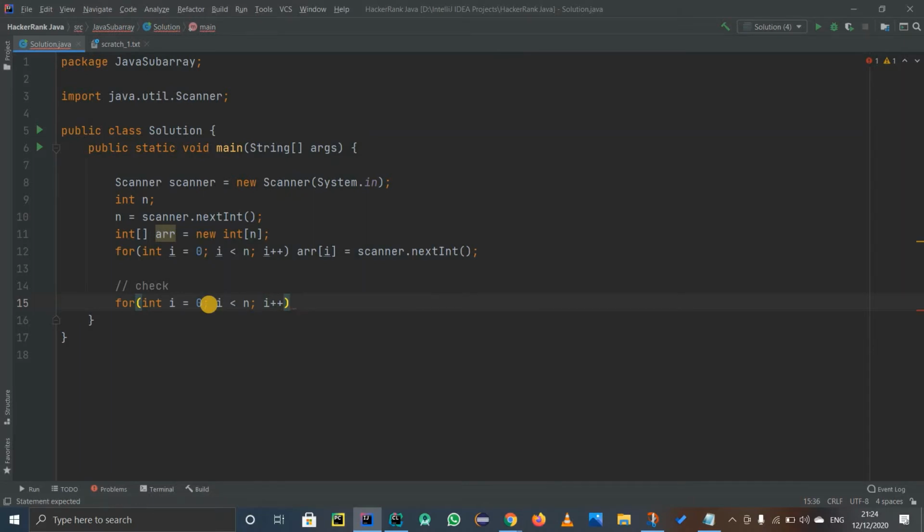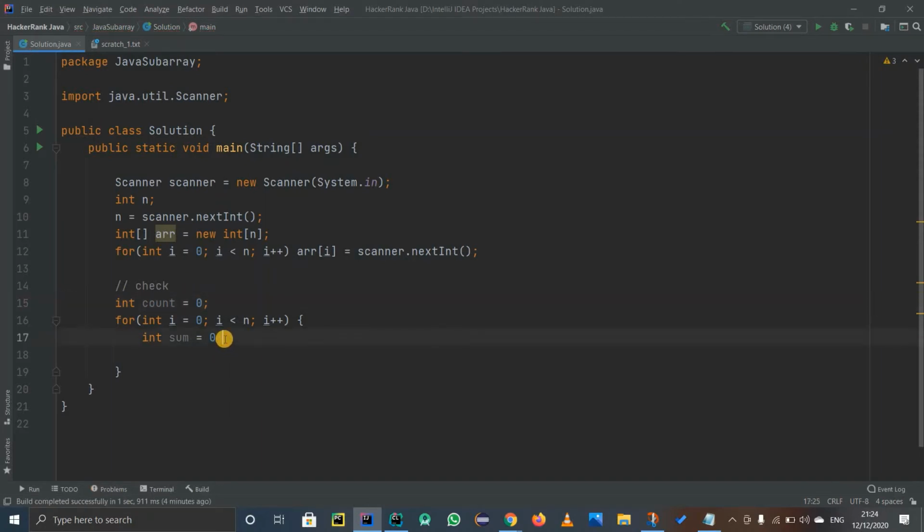Inside this for loop, we first want the sum. Let us define the sum; it is going to be 0 firstly, obviously, for the first time it starts from 0. Let us define a counter as well, so that we can count how many subarrays have a negative sum. I'll name it count, equals 0 again. We have started both of these from 0. Even if you don't write equals 0, it is going to be 0 only, so it's fine.